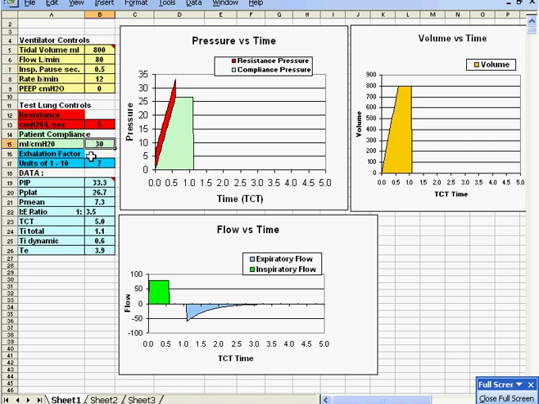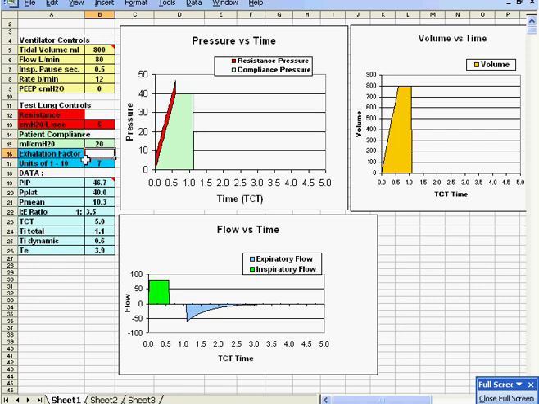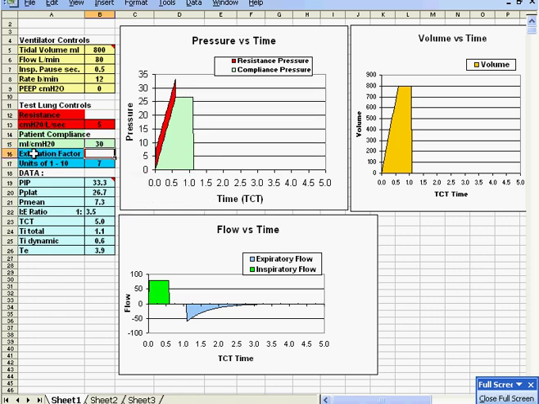We can do things like alter the compliance. If I decrease the compliance, that's making the lungs stiffer. You'll notice that with decreased compliance, the PIP and P-plat are altered. P-plat goes way up, and PIP also goes up, but the relationship between them stays the same. So I can change this back to 30 mils per centimeter, so more compliant. It's exactly 5 centimeters of water pressure difference between the PIP and the